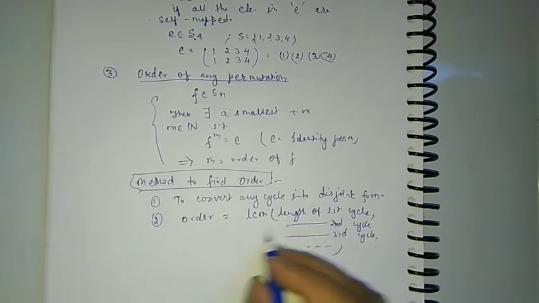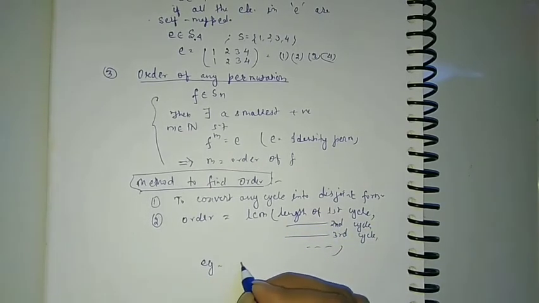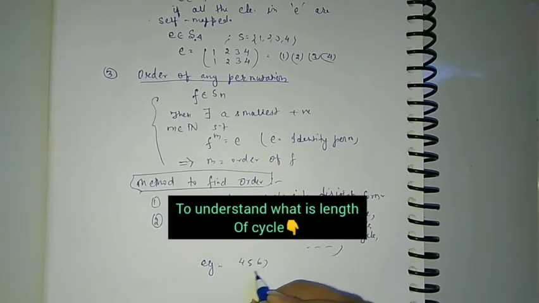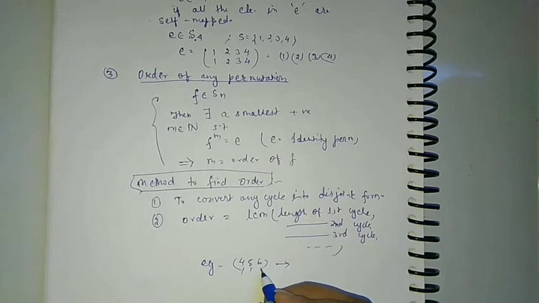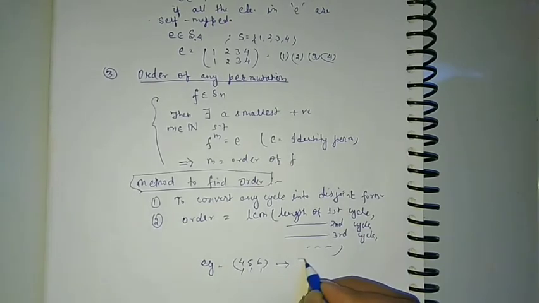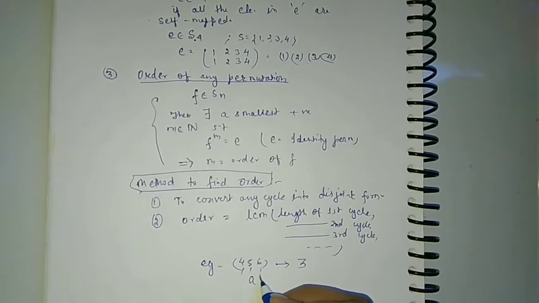And what is the length of any cycle? We are going to take some examples. Let (4 5 6) be a cycle here. To determine the length of this cycle, we only have to count the elements. Here 1, 2, 3, so the total number of elements is 3. So its length is 3. If this is a cycle (A B), then the length of this cycle is 2 because there are 2 elements, A and B. So this is the concept of the length of any cycle. This is very simple, so I hope you understood the meaning of length.